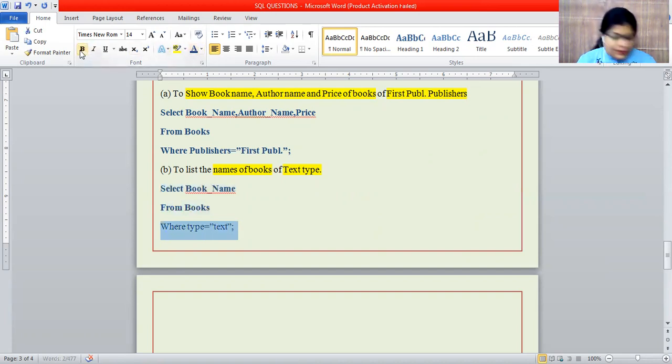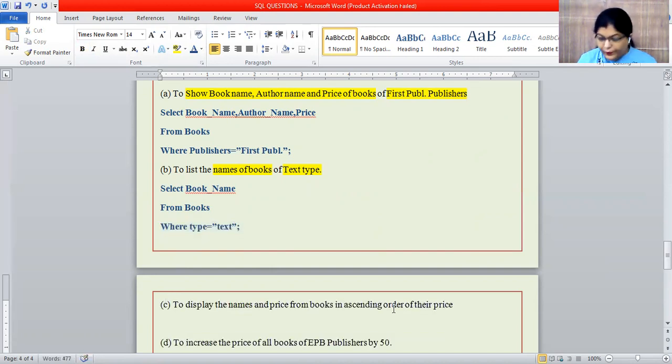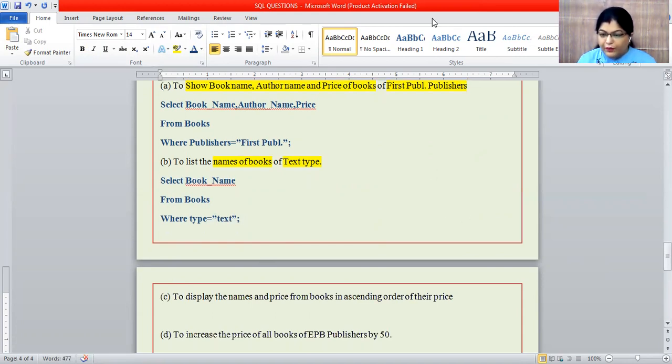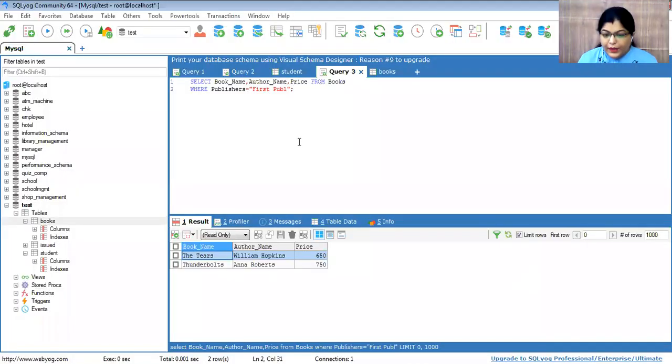I just highlight it also. Okay. So now I have to solve this. We want only the book name. So I write select book name from books, where type.